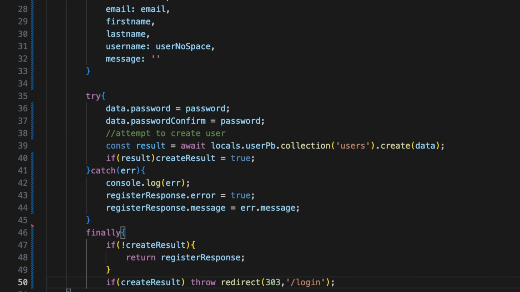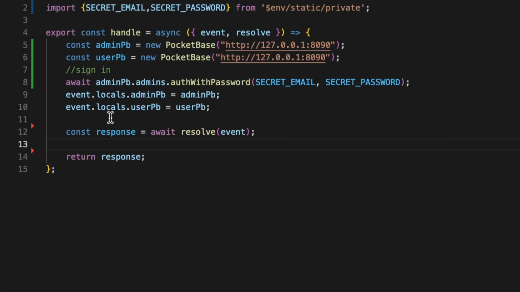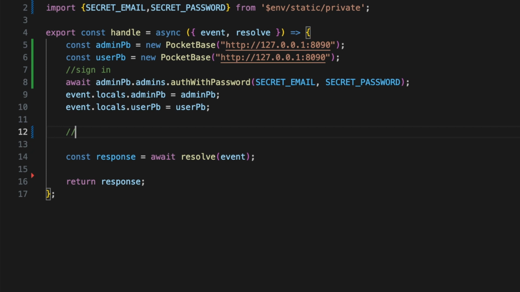Inside of our hooks.server, we are instantiating PocketBase and sending that along, so that's good. But one of the other things that I want to do before we write to the login page, let's add our loading from cookie and our refreshing and all of that good stuff inside of our hooks file. So just after where we're setting the locals here, what we're going to add to this file is we're going to add a load the auth store